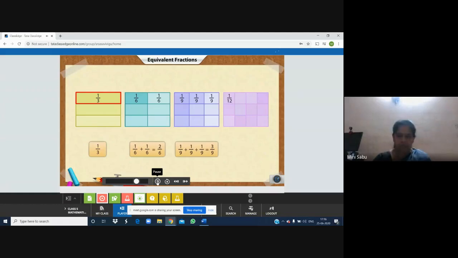And the same is equal to 1 upon 12 plus 1 upon 12 plus 1 upon 12 plus 1 upon 12, or 4 upon 12, in the fourth square. Here also the same is the case. We are adding like fractions. Here 4 fractions are to be added, and the denominators are the same. They are like fractions. So we add 1 plus 1 plus 1 plus 1 equals 4, and the denominator will remain the same.